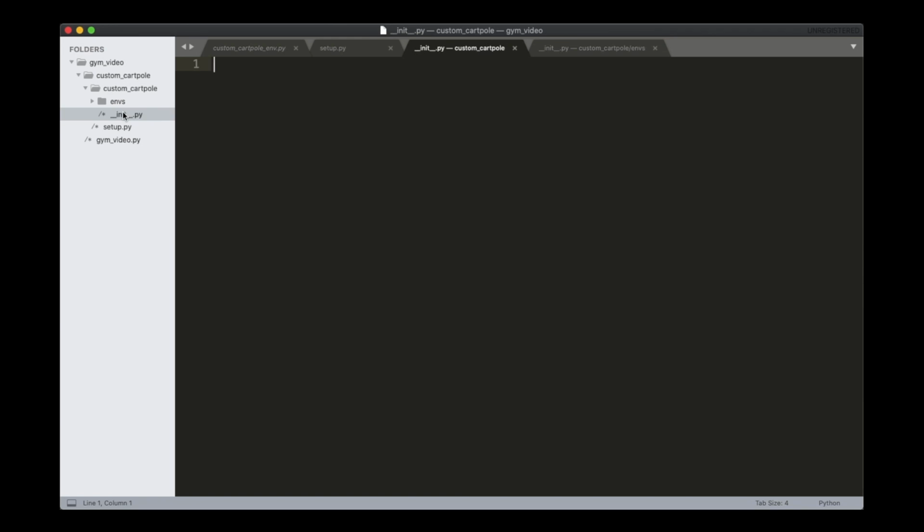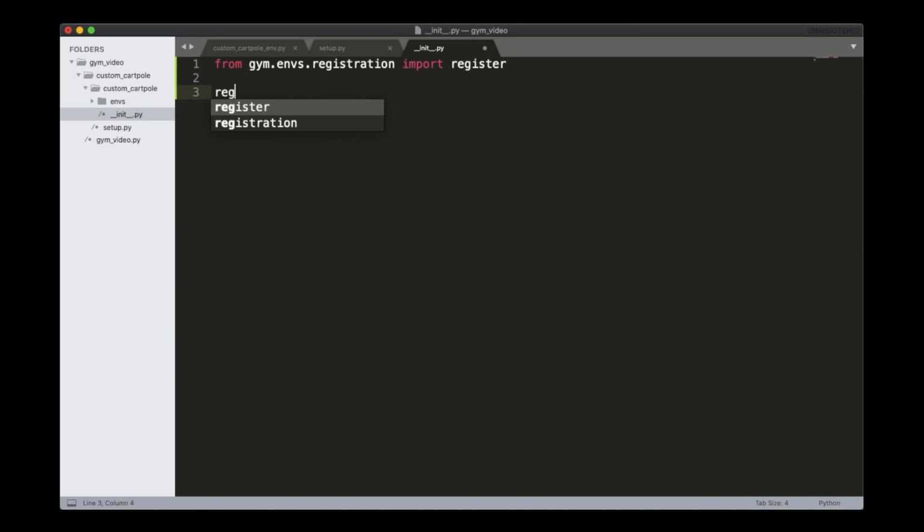Now we modify the init file located within the custom_cartpole folder, where we use the register function available from Gym to register our custom environment in Gym's local registry.